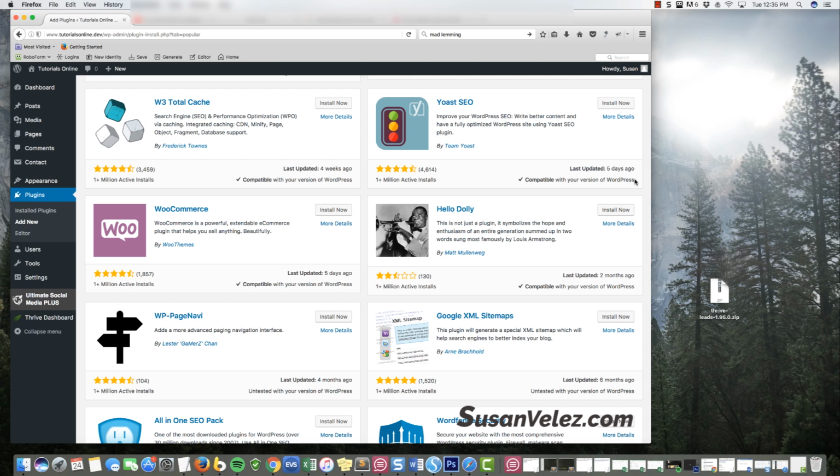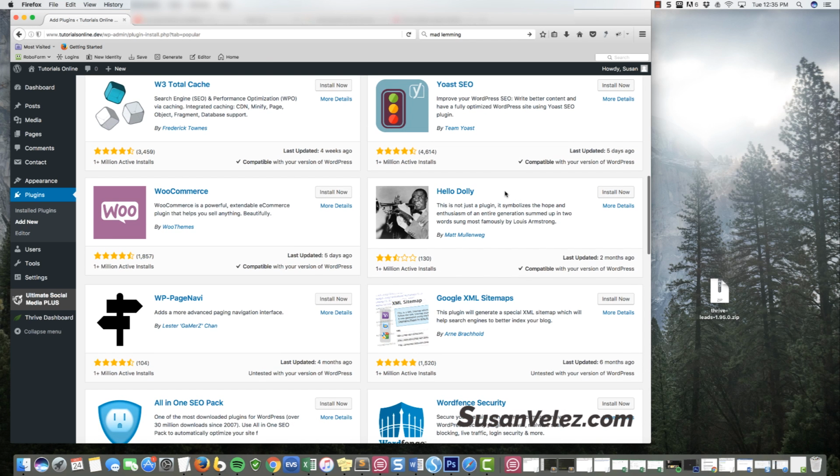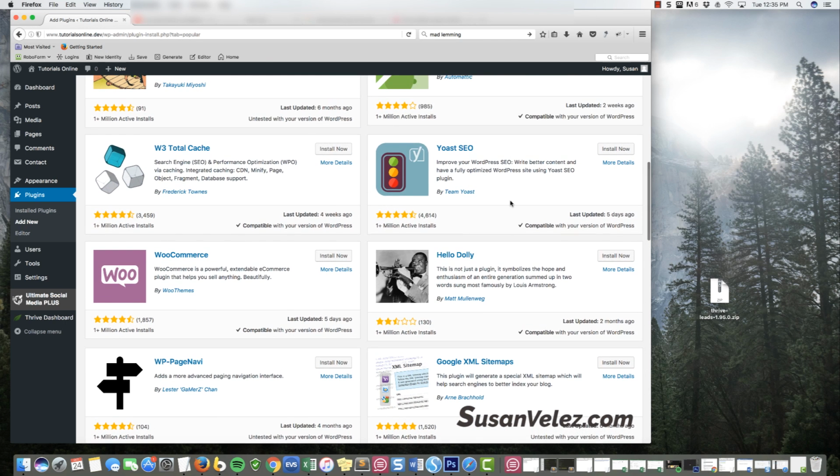And are there a lot of people actually using this plugin, and does it have high reviews? If I can answer yes to all those questions based on this criteria right here, I will go ahead and install it on my website. So you definitely want to avoid a plugin that does not get updated and has very low reviews